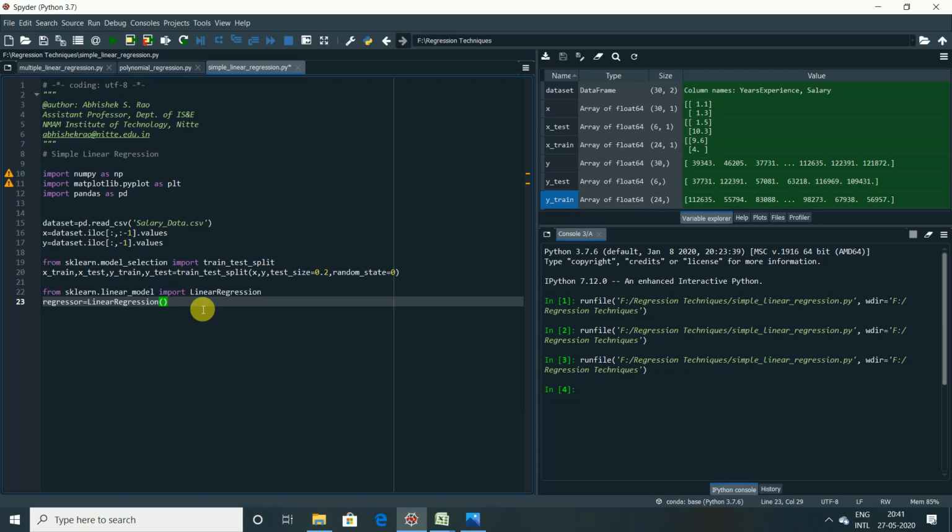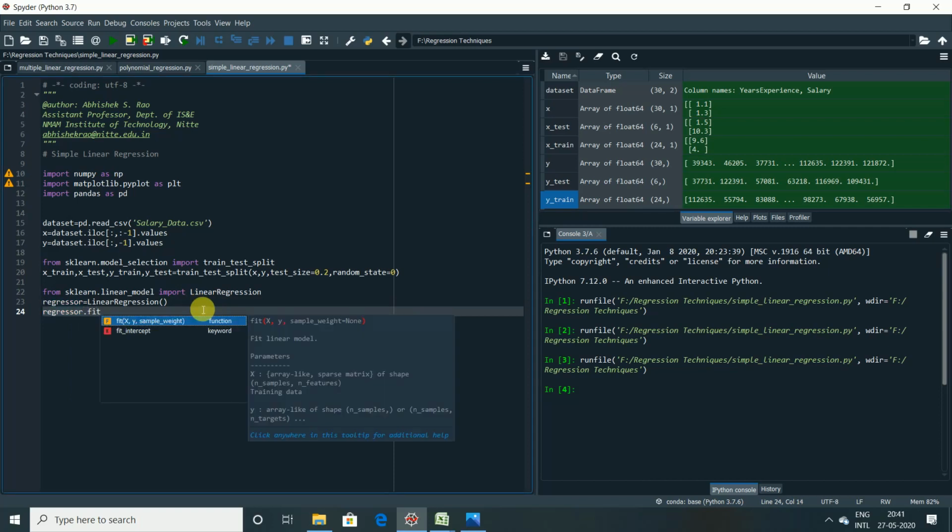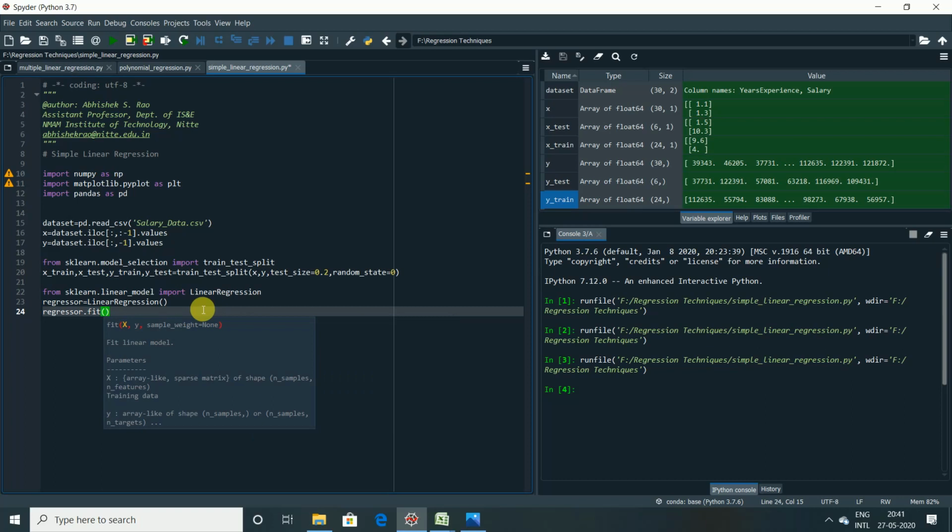That method is called the fit function, and we do that using regressor.fit. In the fit method we fit what? The training set, that is X_train, as well as Y_train. That means we are training the linear regression based on the training data set, correct?